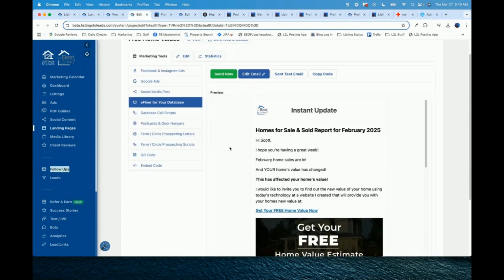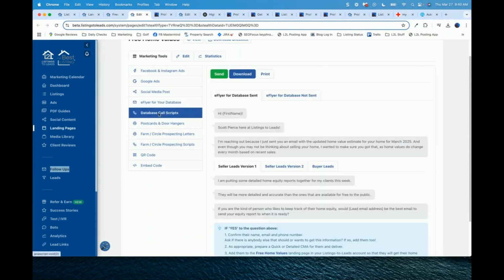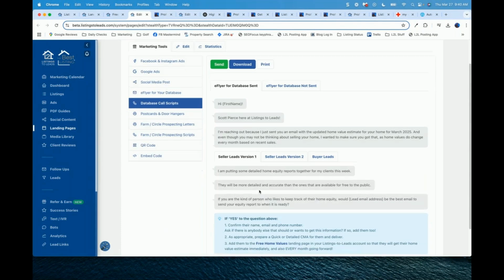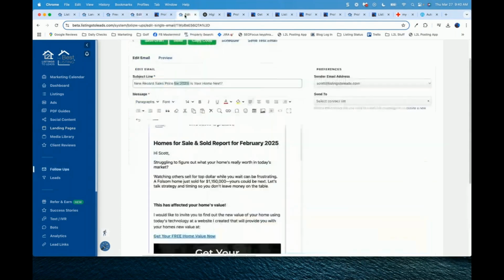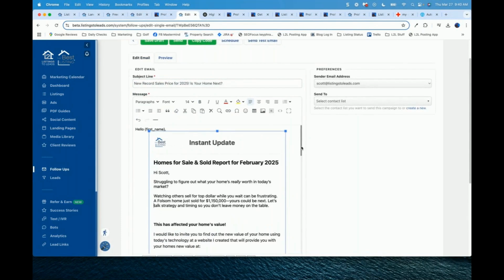So get the email out to your contacts and then call through some of your contacts. This is the best opportunity for you to call people, after you email them something, especially something of value. And the nice thing about this email is you can reference it: hey, I just sent you an email related to home values. There's a record high sales price on Elm Street of a $1.15 million property. It's a 4-bedroom, 3-bath, had a great park-like backyard. But with the way the market is right now, I just wanted to send that to you. Right, a little